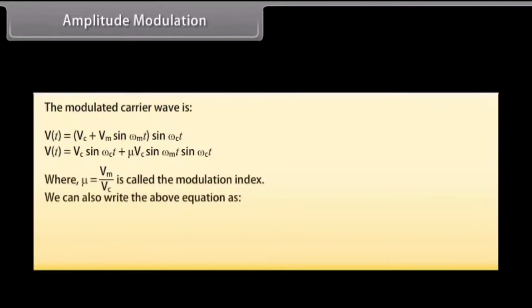omega_c t, which can be written as v(t) = Vc sin omega_c t + mu Vc sin omega_m t sin omega_c t, where mu = Vm/Vc is called the modulation index. We can also write the above equation as